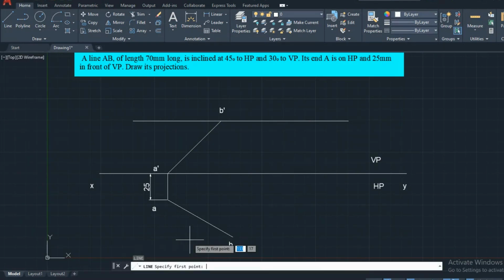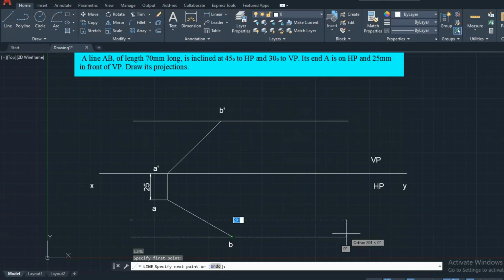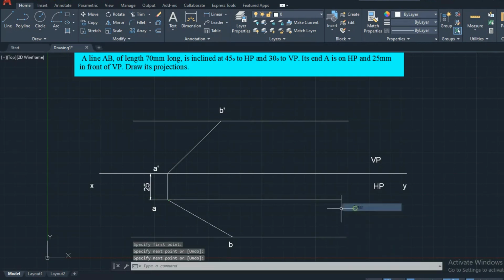Similarly, draw one through B of convenient length. From the A end, the XY line is already there, so from this end also draw a line of convenient length for reference.